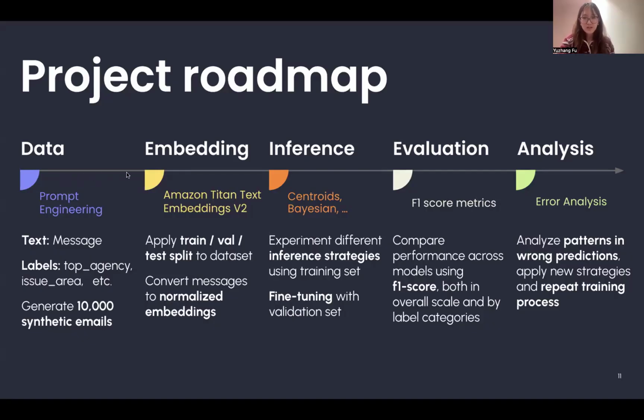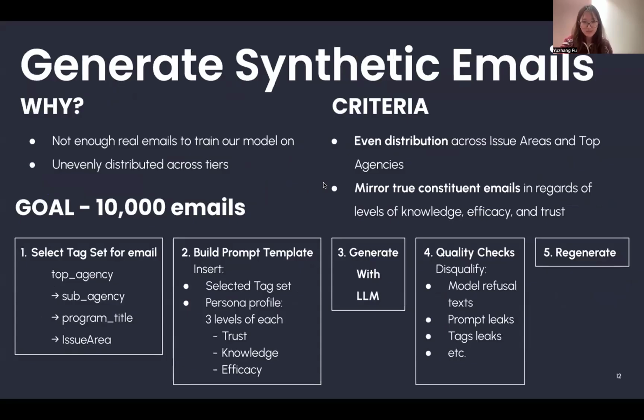Next, we convert all of the messages into semantic representations using text embedding models. We began by conducting a train validation test split of the dataset to avoid information leakage. And then each message is mapped into a normalized embedding, placing all text into a shared semantic space where similarity reflects the meaning. And once embeddings are fixed,